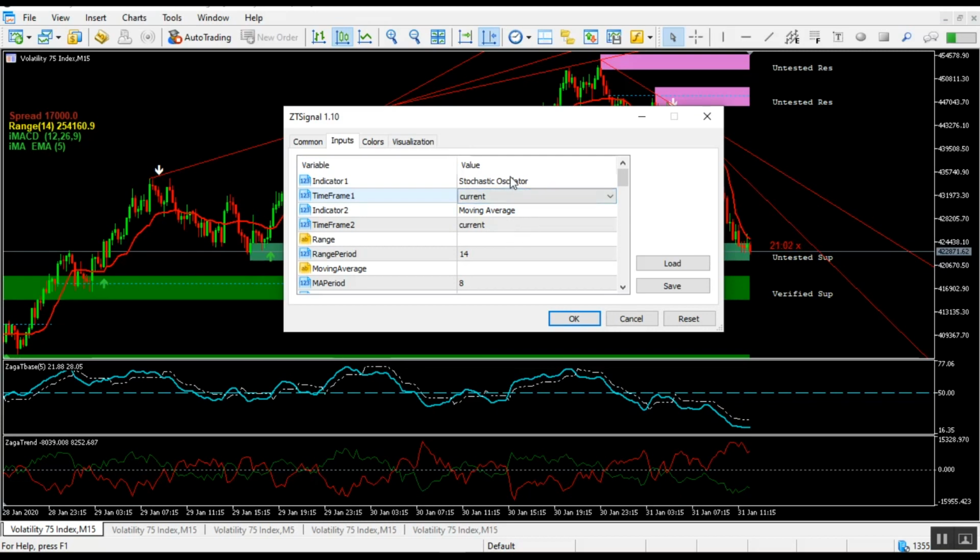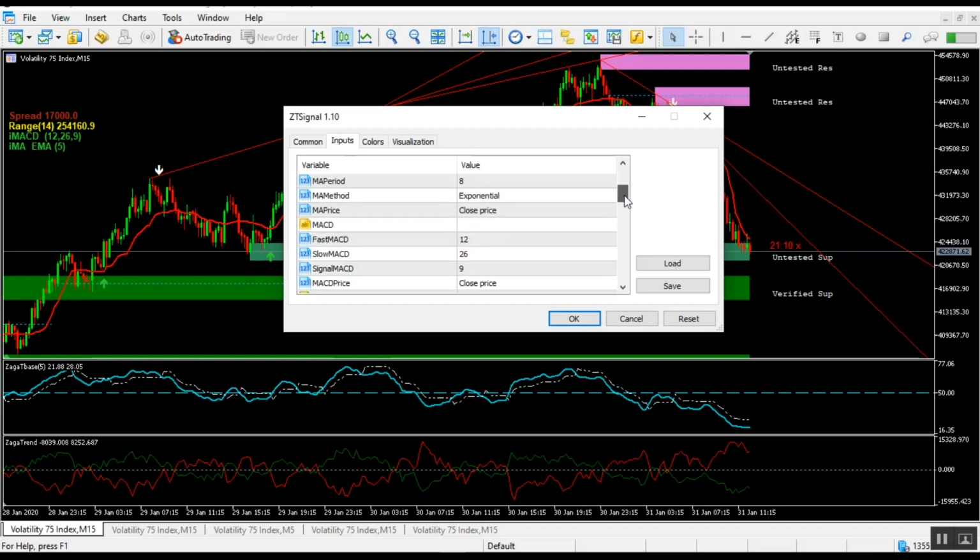Then the first indicator is stochastic oscillator. The second one is moving average. Then I have to change the parameters of this stochastic by doing what? I have to scroll down to find the stochastic name, which is here. Then you have the K period, D period, and slowing period. The K period, you have to change to 60. Depending on the parameters you want to use, you change this one to 5.2. Then leave the slowing at 3, depending on the parameters you use to trade volatility indices or the forex market,